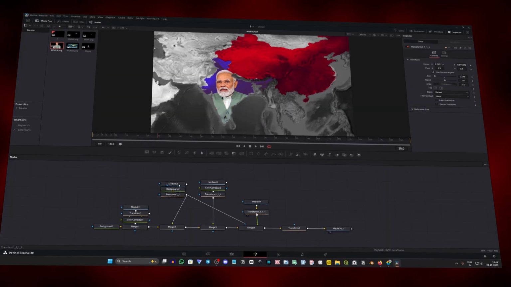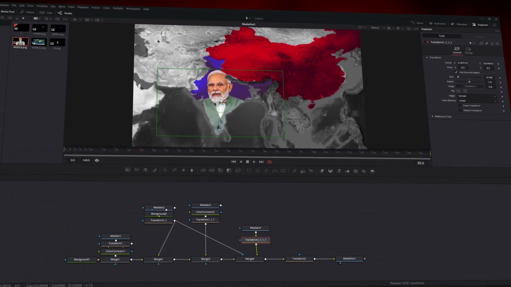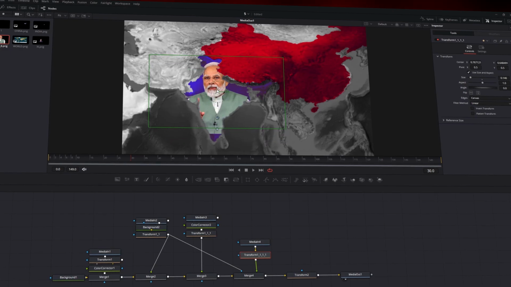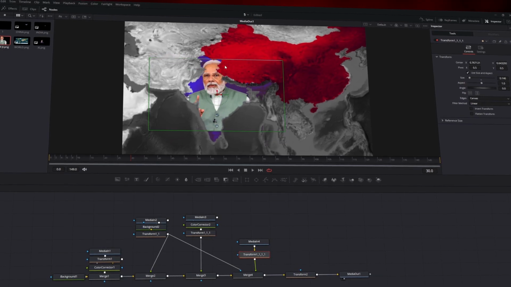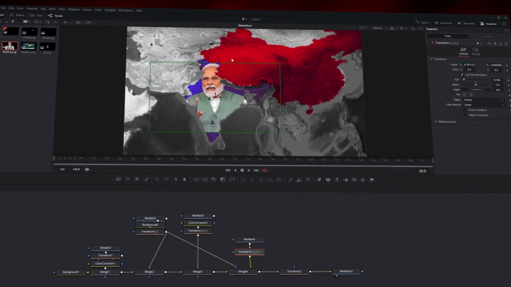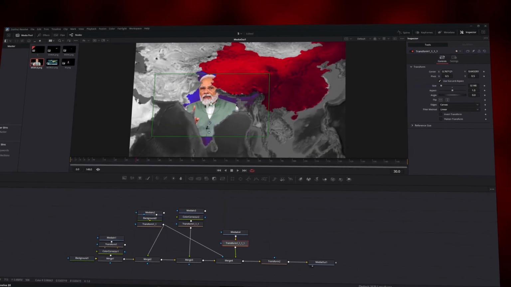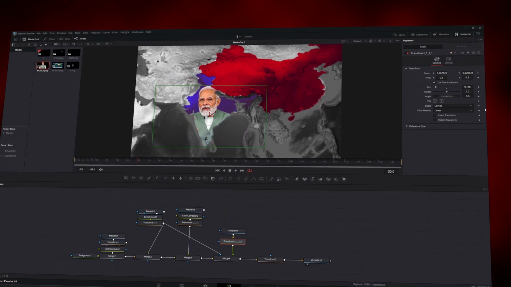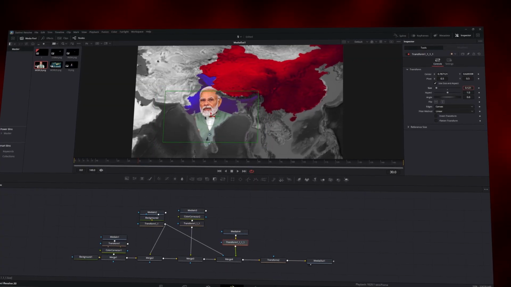If you know how to adjust this, it means I know how to mask this, but I don't know how to overlap this because I don't want this part to appear. So if you know, please tell me in the comment section. So I am teaching what I am learning. So okay, and